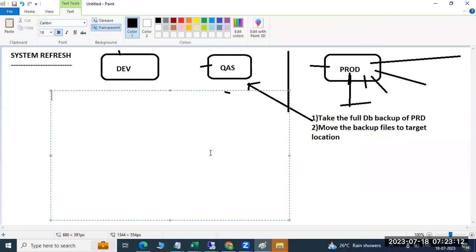Right? Step number 1, 3 steps. So system refresh, 3 steps. They may ask you to explain about the pre-steps. Why? Because pre-steps are very important here. Here, the first step, we need to perform the user master exports,